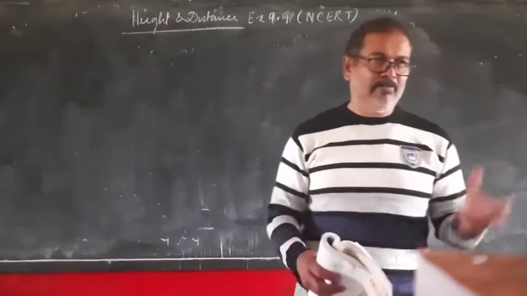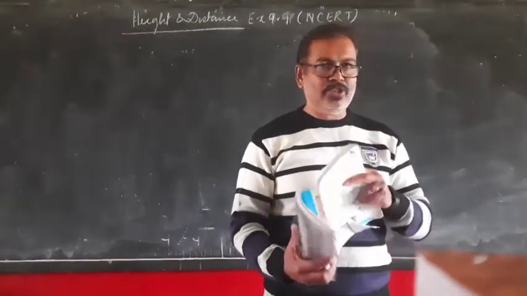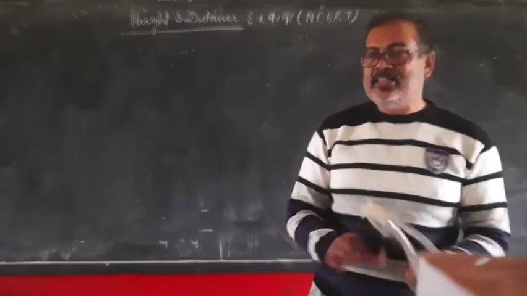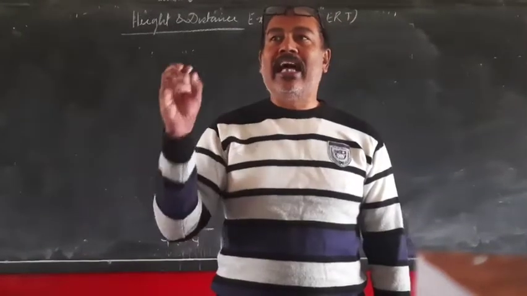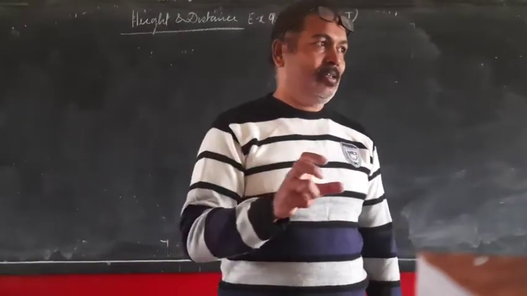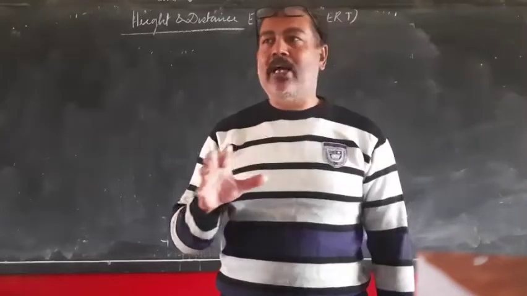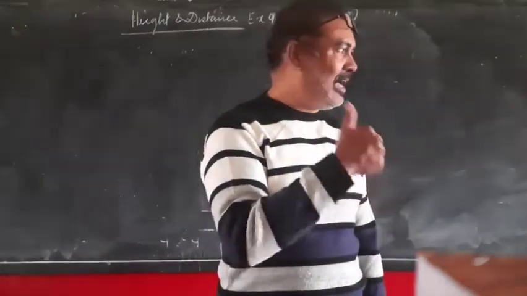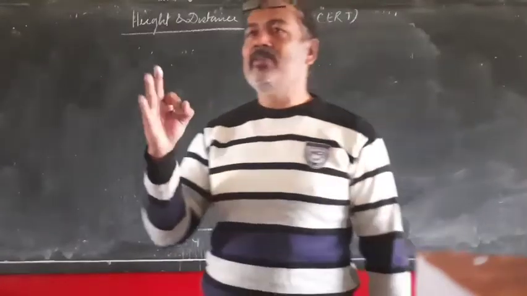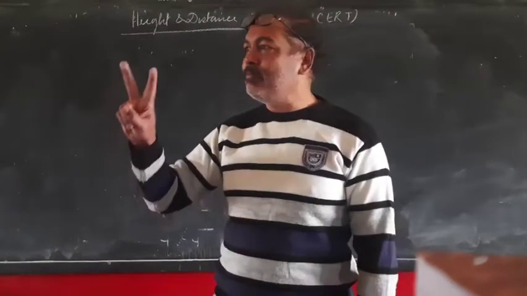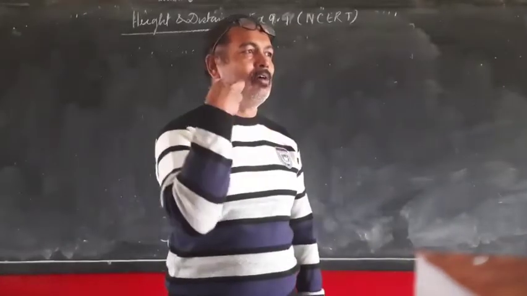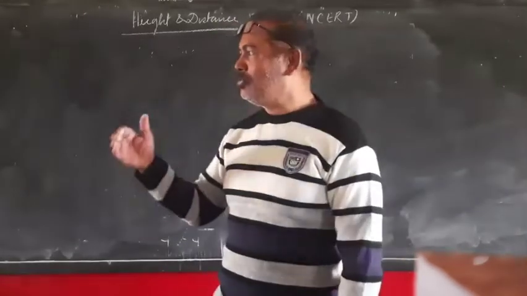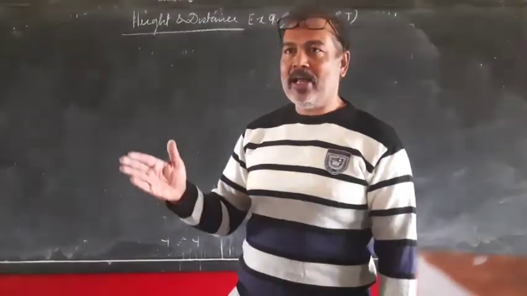Now we are discussing height and distance. The basic concept we have gone through. Height and distance questions of class 9 are an interrelation between two things of a right triangle: sides and an acute angle. One acute angle and any two sides are given. Out of these three, we have the information of two, and from these we establish the relation between the T ratio and find the value of the third. That we have gone through in questions 1 and 2.